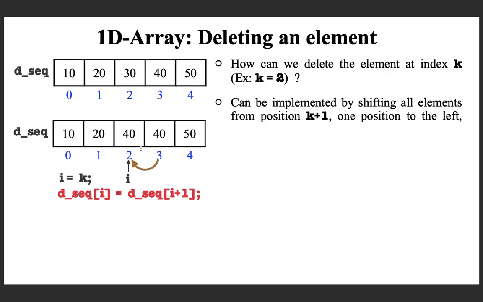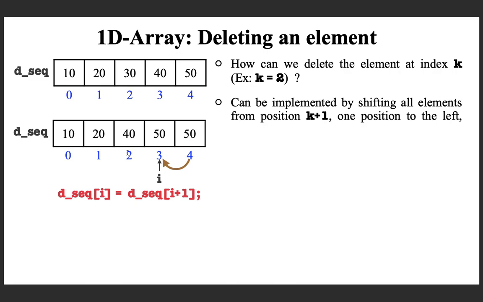Okay. Then what you should do? You reposition i to the next. I was here. Reposition i to the next point. Increment i. And again you do this copy. Again the same statement, from the next position you copy to the current position. If you execute, 50 will be copied to position 3. This is what you do. Okay. Now you are done.